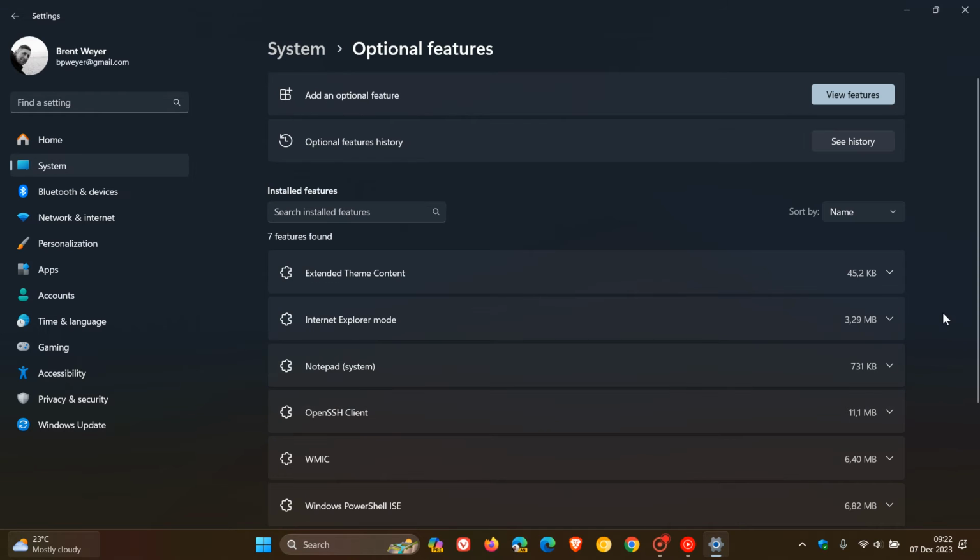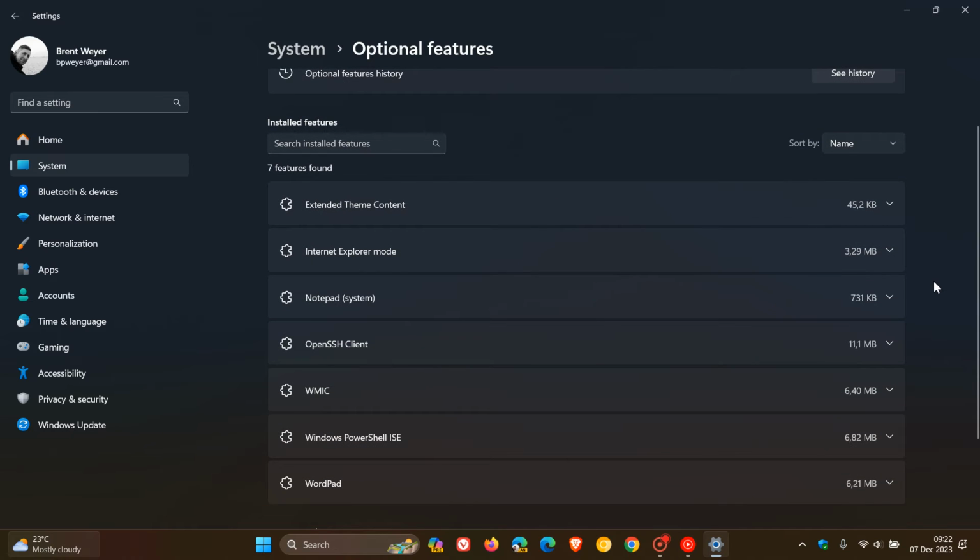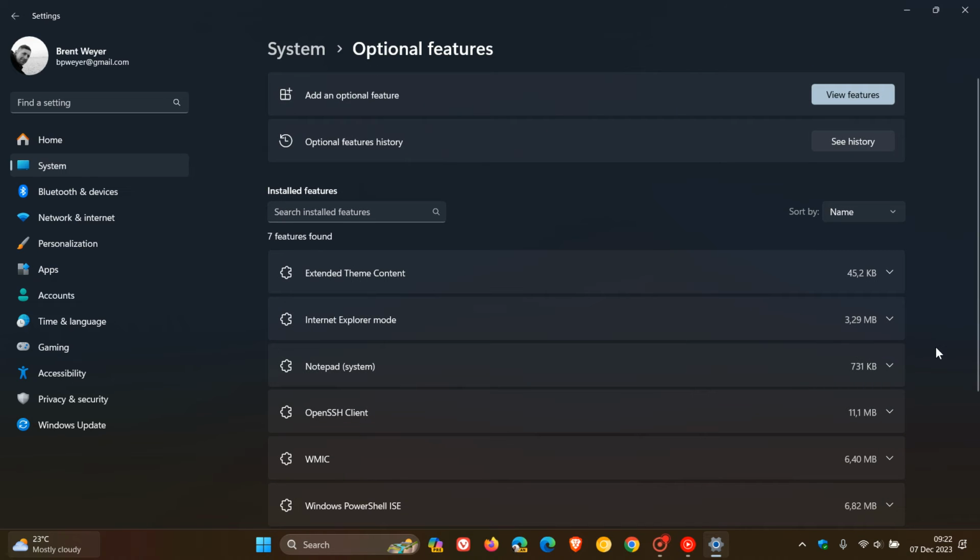And if we click on that, here we can see, as the name implies, these are all the little optional components that you can install and are installed into the OS. So that would be extended theme content, Internet Explorer mode, Notepad, Windows PowerShell ISE, WordPad, just to mention a couple. And obviously for Windows 10 and Windows 11, some of these optional features can change because of one being Windows 10 and the other Windows 11. And over and above that, the fact that Microsoft has moved optional features now to the system page, just a quick heads up, if you want to actually install an optional feature, you can just click on View Features,